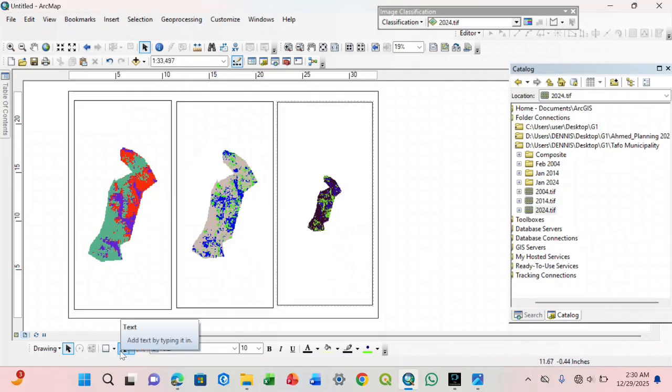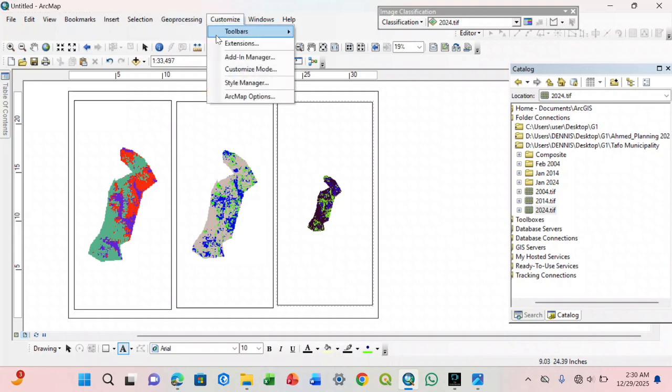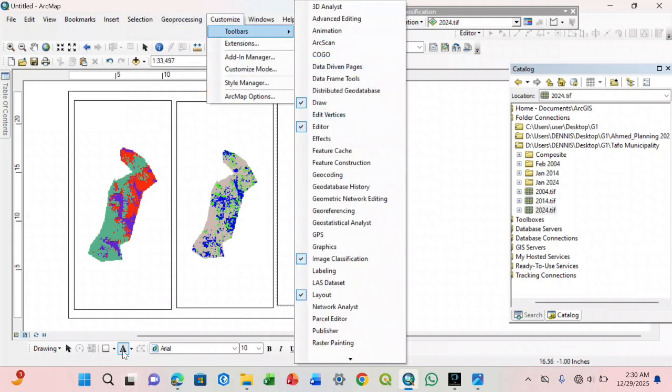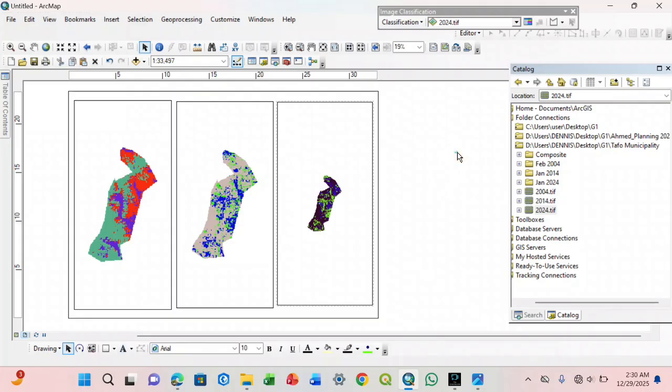So then I'll use the draw tool. This is the draw tool. I'll use the draw toolbar. This is it: customize, toolbars, draw tool. That is it. I've placed it here. I'll come here, then I'll write